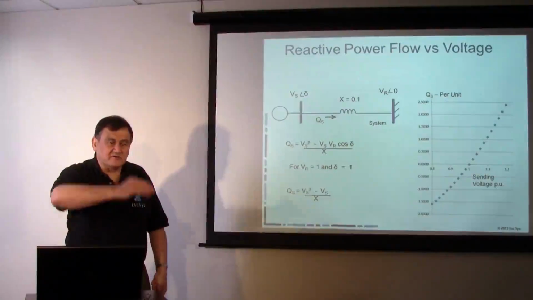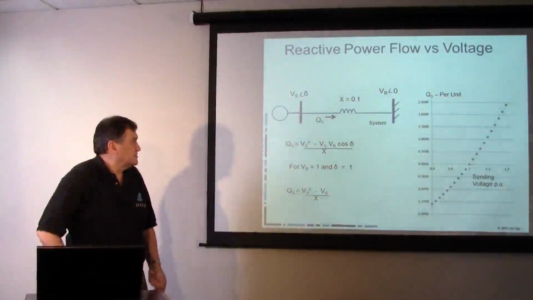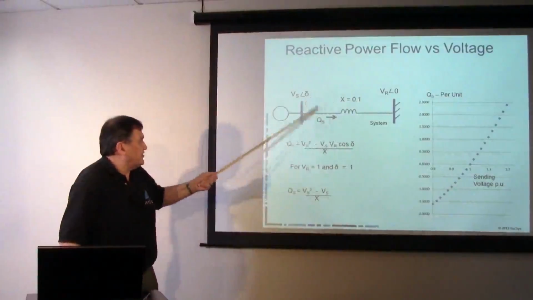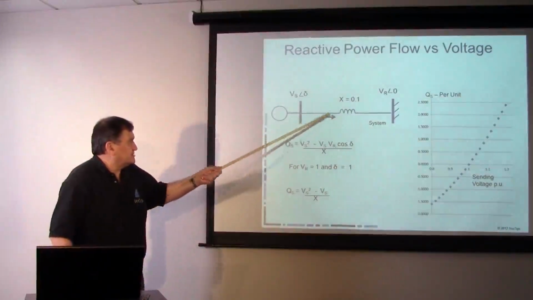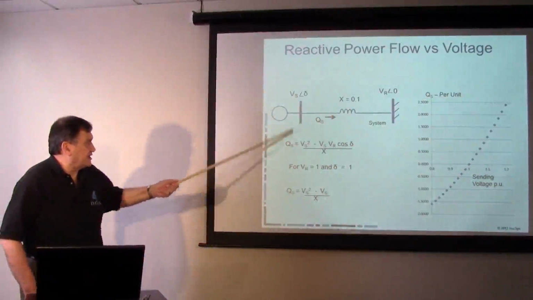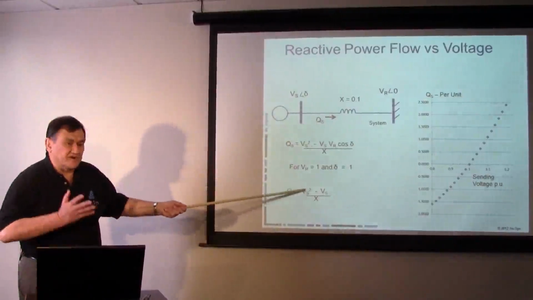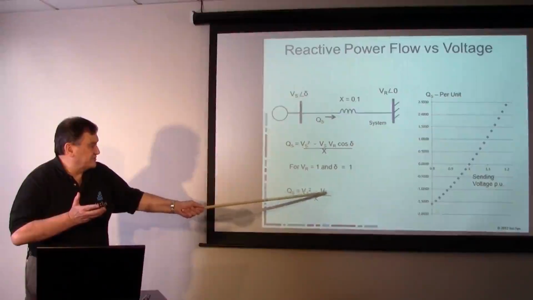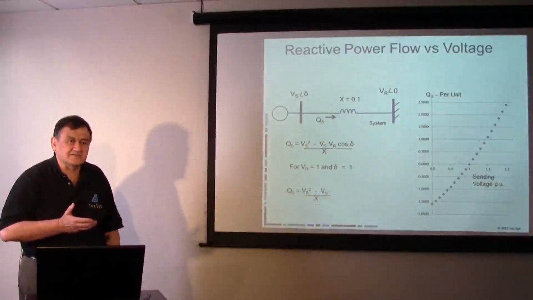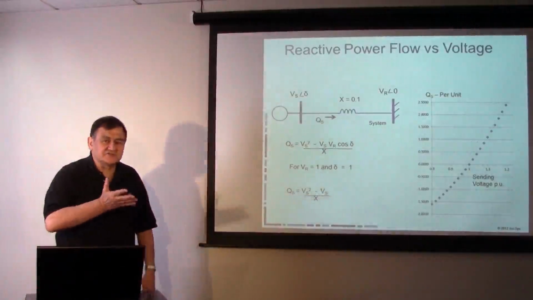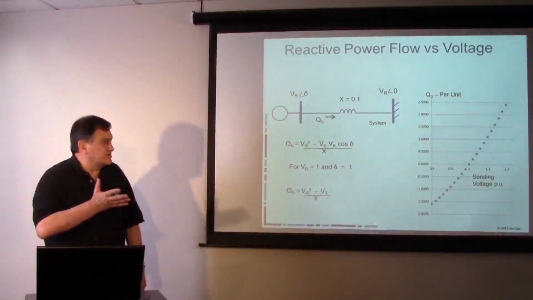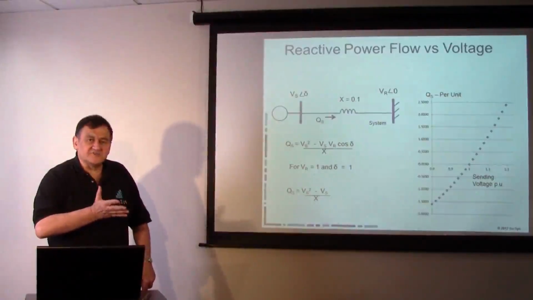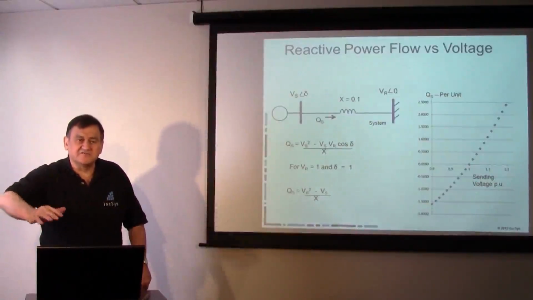Cosine of a 0 angle is actually 1, all right? So when we have 0 power flow in megawatts and 0 angle, this equation simplifies down to the reactive power at the sending end being the voltage at the sending end squared minus the voltage at the receiving end, divided by the reactance. So this shows a characteristic that under light load conditions at least,